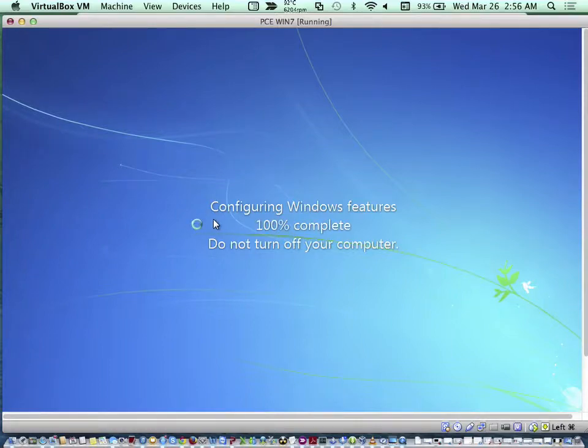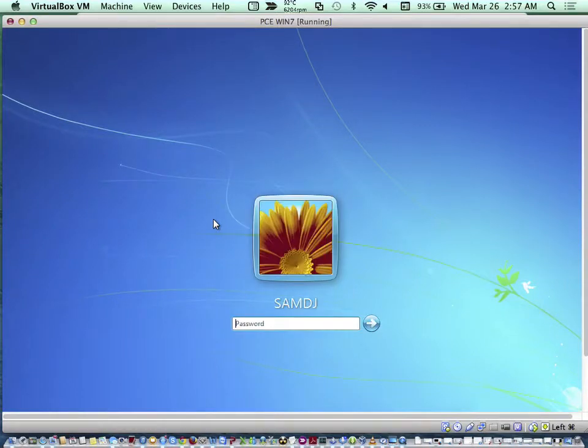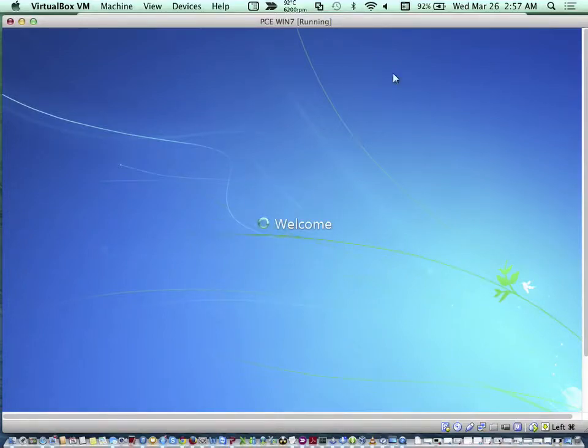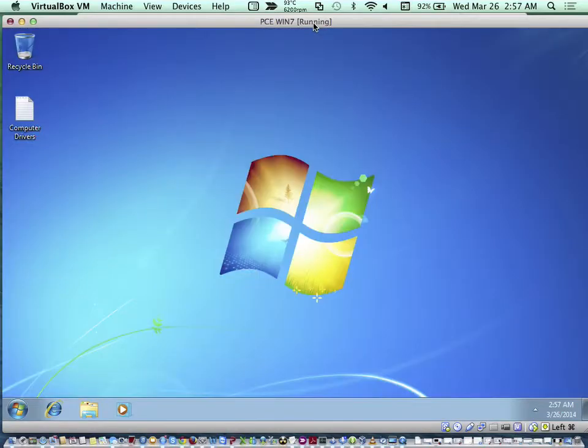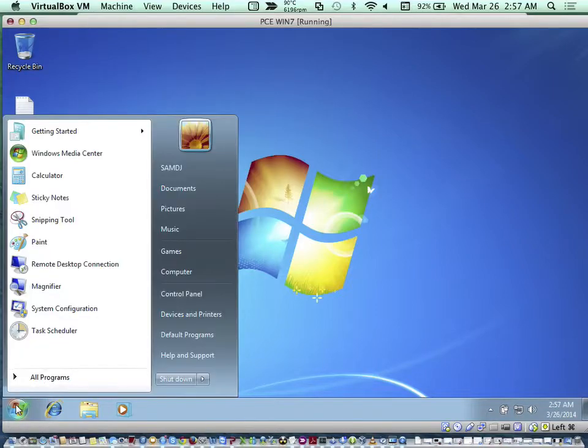So Windows is loading. Okay, I'm going to enter my password. Okay. Now let's click on the start menu. Do you see the search features there? It's gone. Okay, let's go to programs,